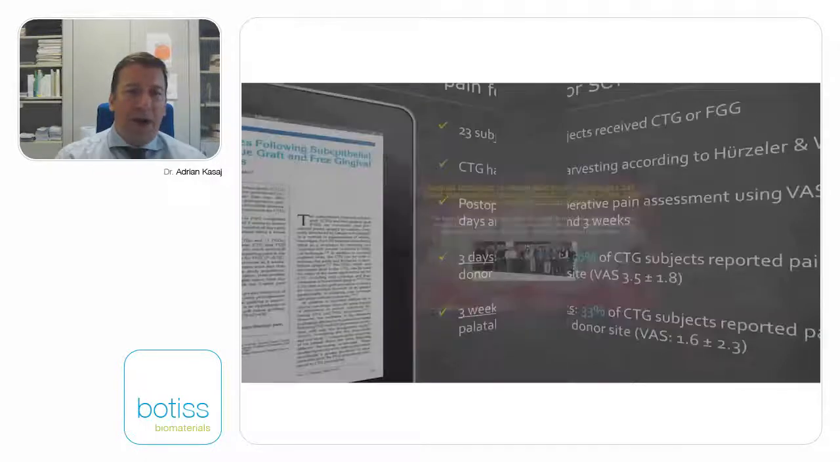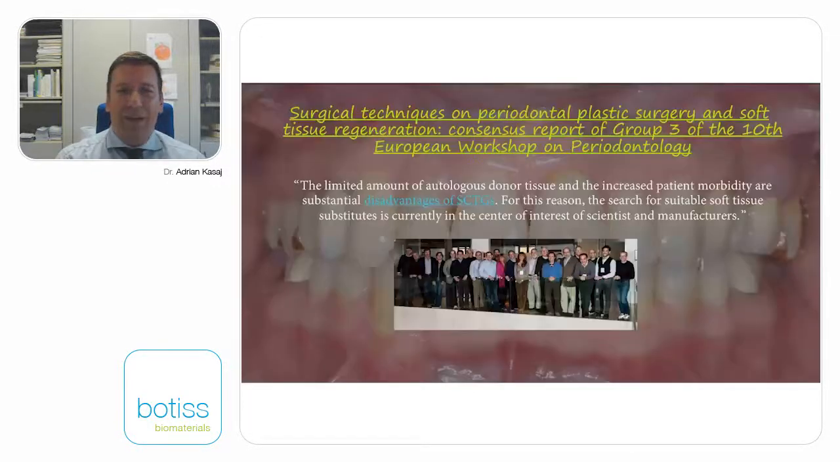So it's not surprising that Group 3 of the 10th European Workshop on Periodontology concluded that the limited amount of autologous donors tissue and the increased patient morbidity are substantial disadvantages of the subepithelial connective tissue graft. For this reason, the search for suitable soft tissue substitute is currently in the center of interest of scientists and